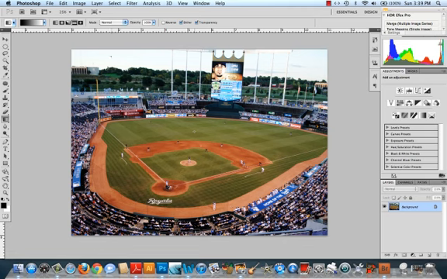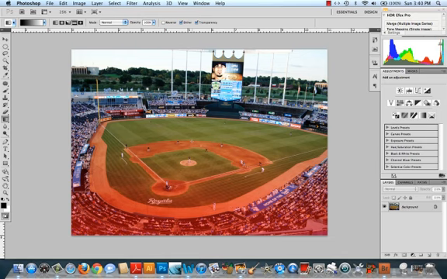So we will first of all enter our quick mask mode down here in the bottom left hand corner of your screen. Then we will click on our gradient tool and make sure your reflected gradient option is selected. We're going to start at the bottom of the photograph, and you want to hold down your shift key as you drag up the image to any point in the photograph where you want your blur to sort of